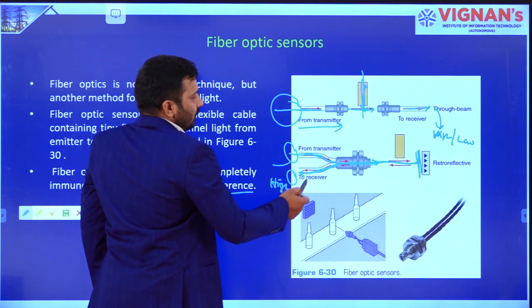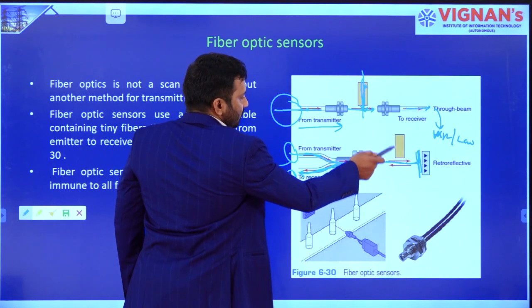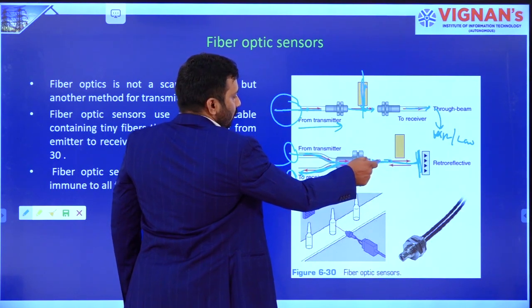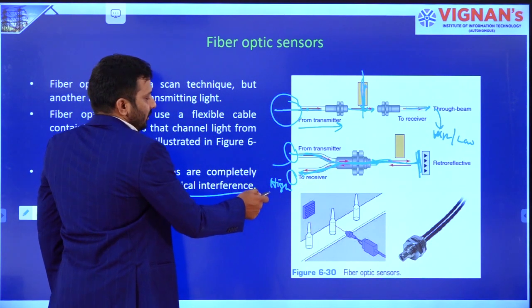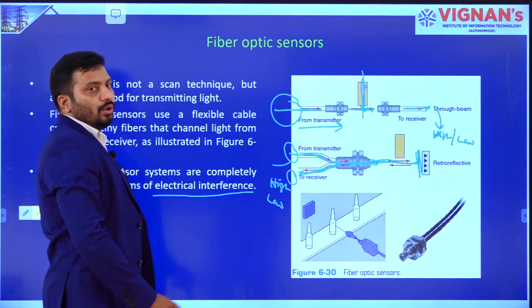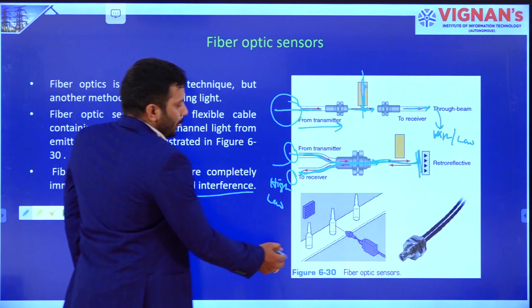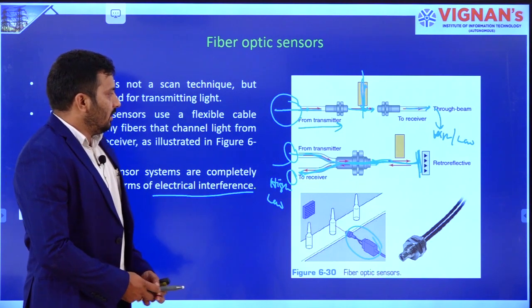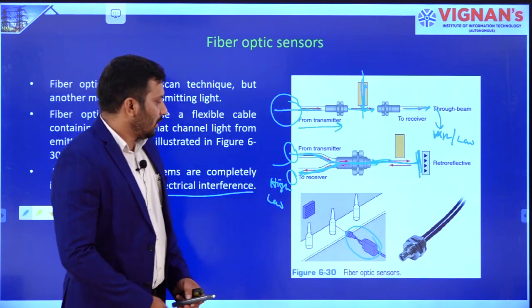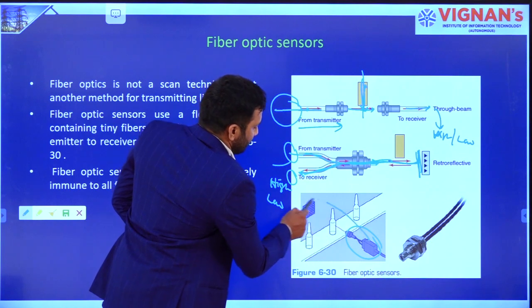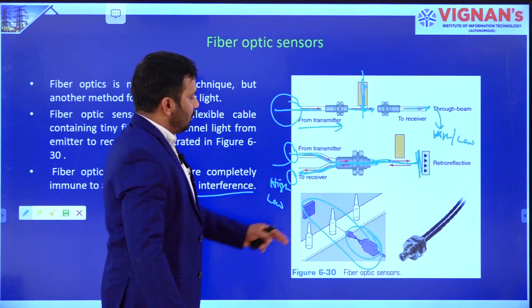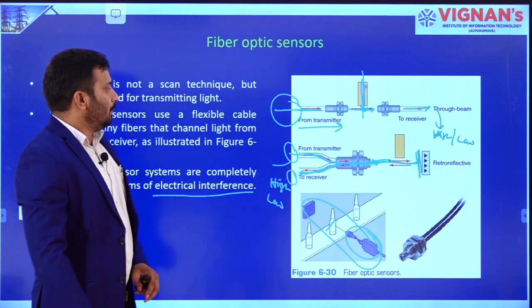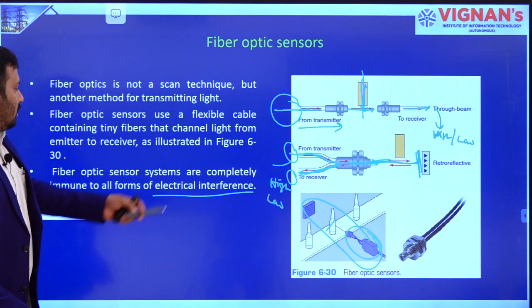In the retroreflector, right. So, if there is any object here, what will happen? Maximum, total light is not going to be reflected, then it is going to be low, right. So, like that, here you can use different types of sensors, right. This arrangement is the retroreflector type arrangement to sense whether the object is there in the path or not, right.